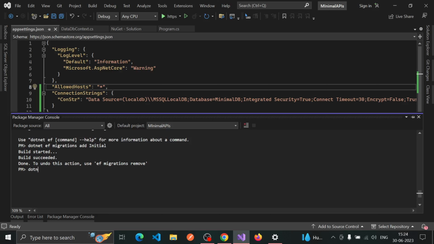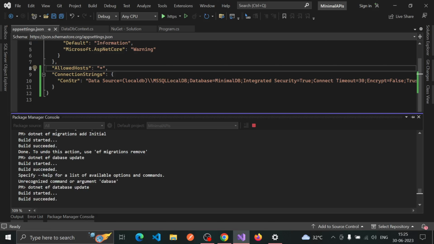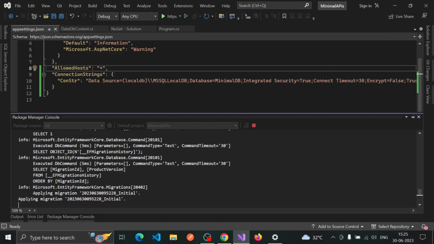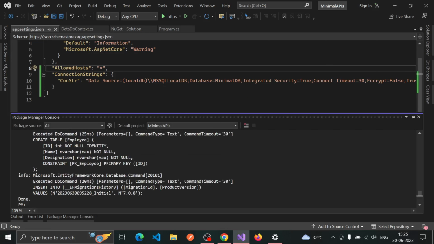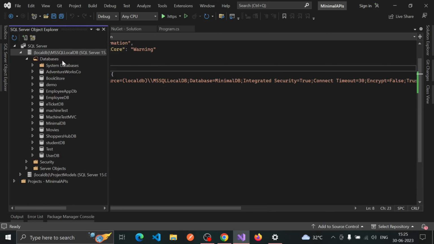Now I have to run one more command, that is dotnet ef database update. If I hit enter, it will create the employee table that is inside this DataDbContext. Okay, it's been done. Let me go to SQL Server Object Explorer, and here in this minimal DB, let me